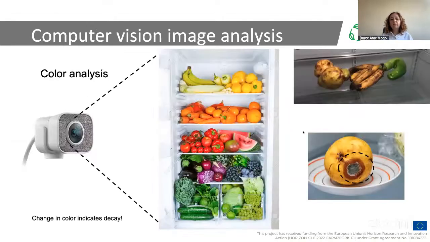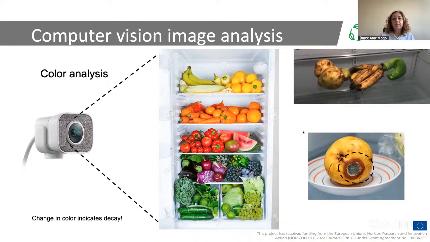What we have done, we actually use this image analysis based on the color analysis. So we use the color information from the image, we take the information and we analyze it to make useful information in the end. And in this case, we are focusing more on the decay because we are trying to measure the waste at household level in fruits and vegetables. That's why we try to analyze the changes in color, which indicates the decay, in the fridge